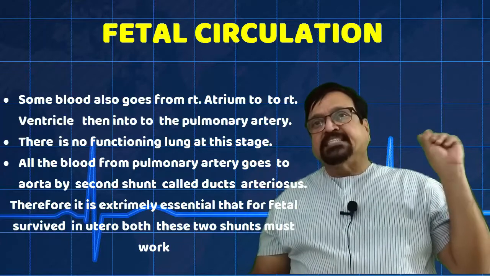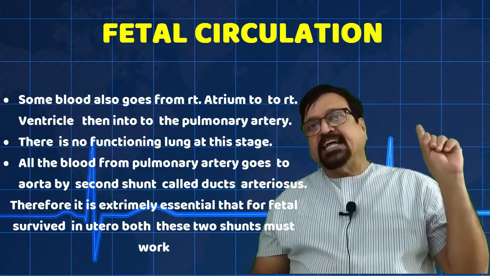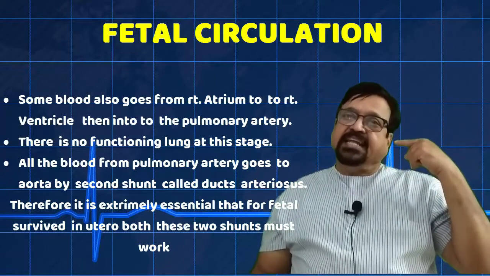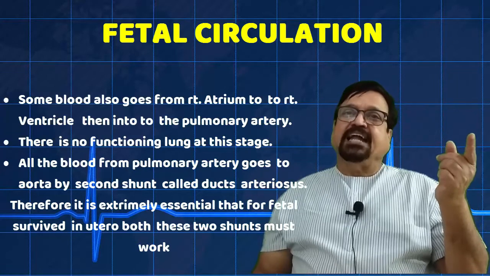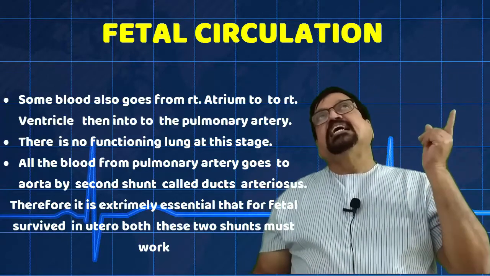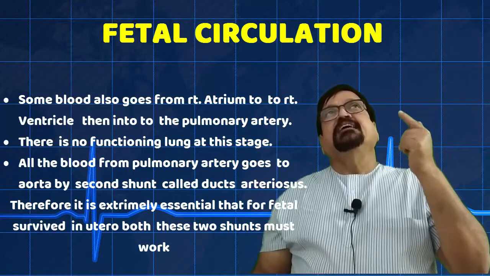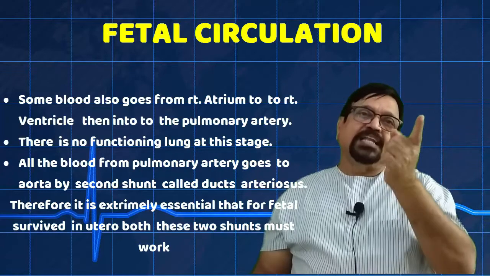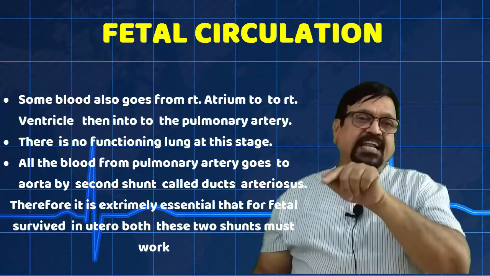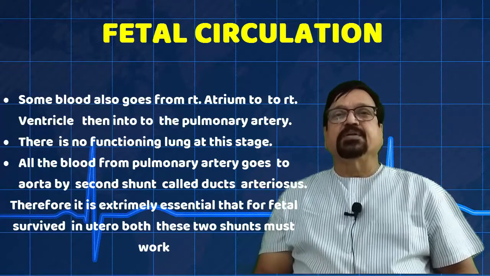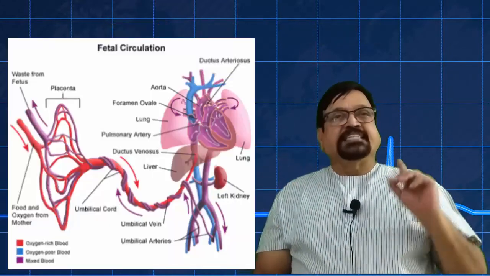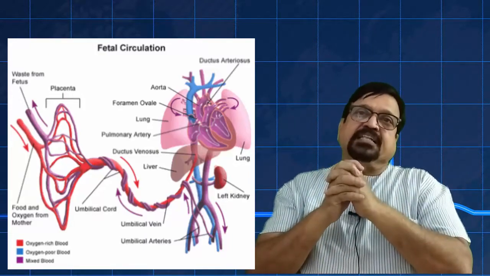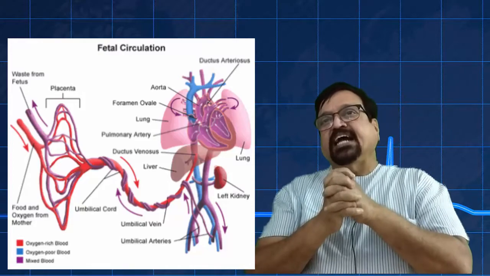The oxygenated blood is carried to the placenta, then the placenta enriches it. After enriching, it goes to the fetal circulation, and from the right atrium, right ventricle, pulmonary circulation, it can come into the aorta, or from the right atrium it goes to the left atrium, then to the left ventricle, and from the aorta it can go into the fetal circulation. This diagram also shows the same things. Here it is in diagrammatic form. You are seeing the arteries, the veins and the fetal circulation.